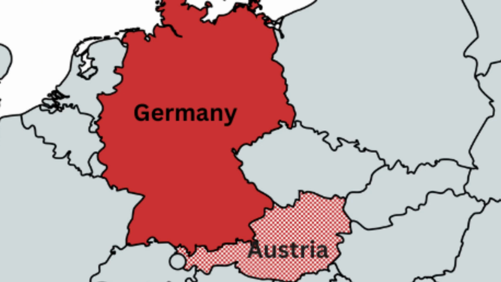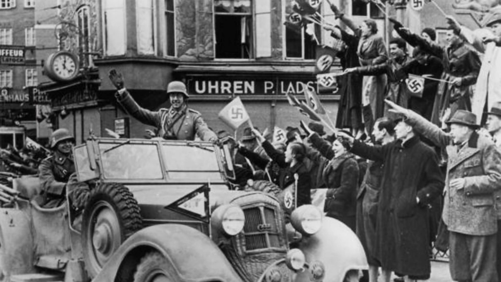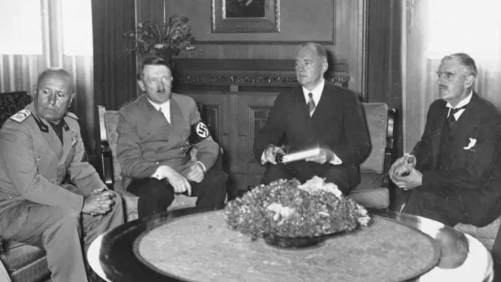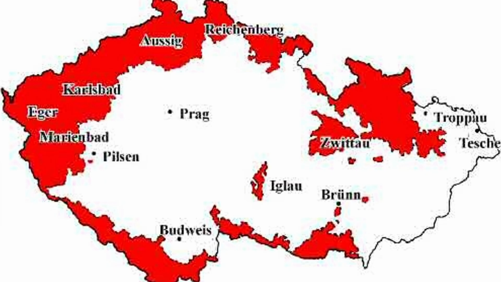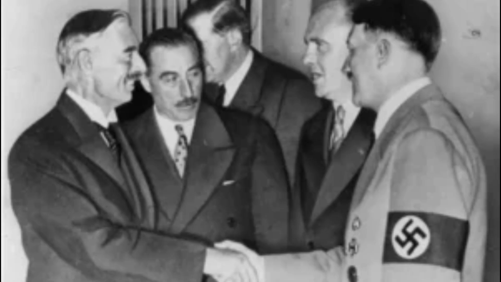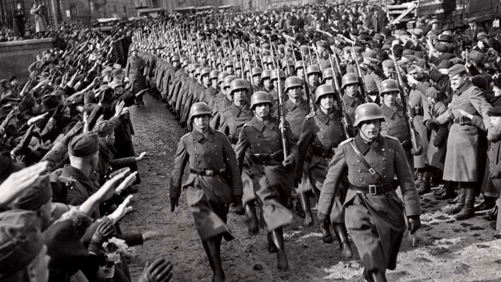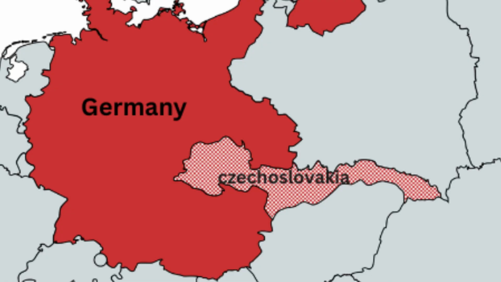On March 12, 1938, Hitler achieved the Anschluss, uniting Germany with Austria, something he considered a reunification of German-speaking people. But that was just the beginning. In October 1938, Hitler turned his sights to Czechoslovakia, claiming the Sudetenland, a region with a large German-speaking population, as his own. The Munich Agreement, signed by Britain, France, Italy and Germany, allowed Hitler to take this land in exchange for a promise of no further expansion. But by March 1939, he had invaded the rest of Czechoslovakia, completely breaking the Munich Agreement.